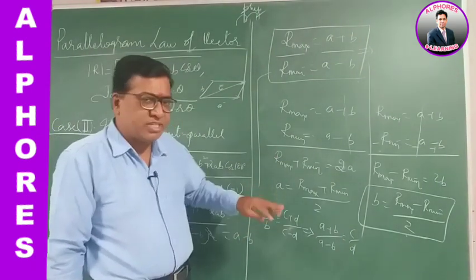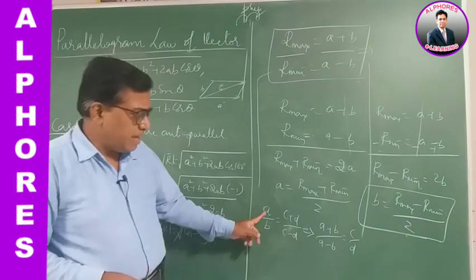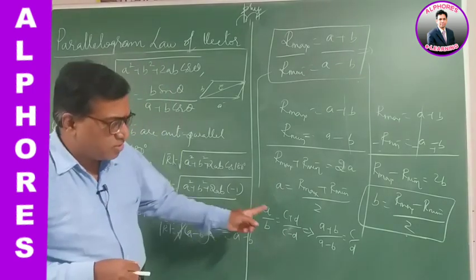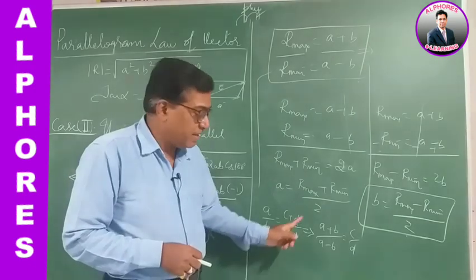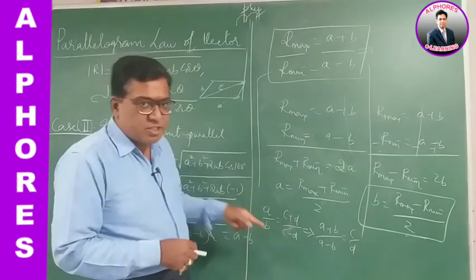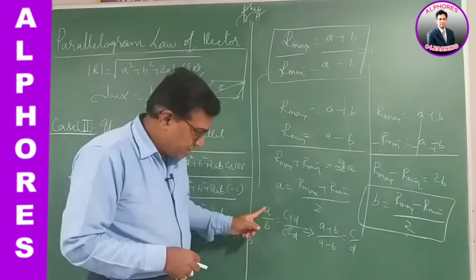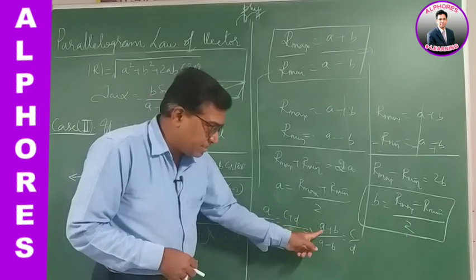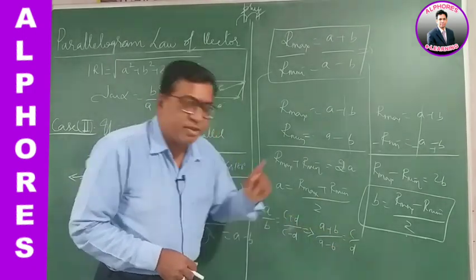There are four terms A, B, C, D, for example, four values such that A by B is C plus D by C minus D. Then by componendo dividendo, A by B equal to C plus D by C minus D can be written as A plus B by A minus B is C by D. You should be careful with the order: first by second, and here also first plus second by first minus second. The order is first by second.